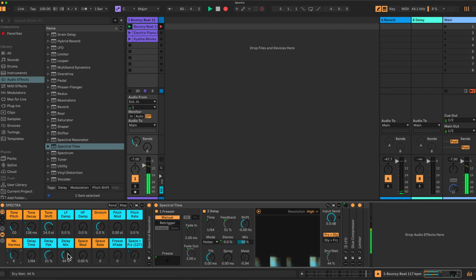Now, what does a delay do? Well, if I turn off the delay completely, we just have that thump thump coming in. If I introduce the delay, and let's put it on 100%, you'll see the effect, and we'll give it full feedback. You can see how the tone is being stretched out. We're getting the delay feedback, and if then I were to increase the number of harmonics again,